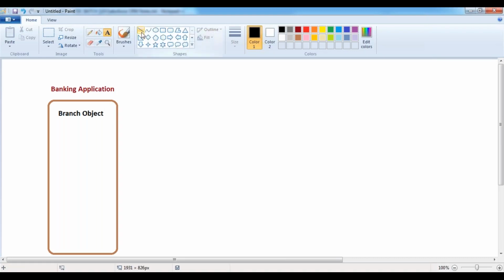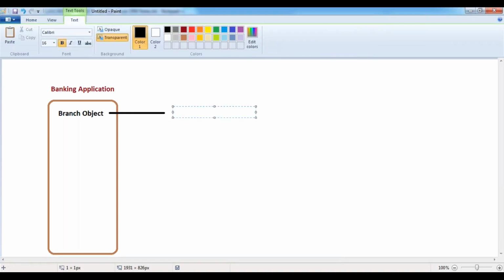Then how can we store this branch information? In order to store these branch details, we need some tab, right? Yes, we need a tab. What is the tab name? Branches. That means Branches is a tab which provides so many user interfaces to create records inside my branch object. Inside this table, to store some records, we use this Branches tab.